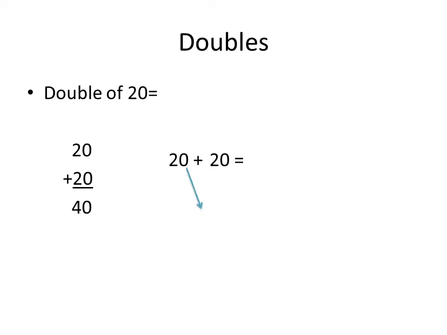Now we are going to add 0 plus 0. So 0 doesn't have a value. We know anywhere when we add 2 zeros, we get the answer also as 0, as 0 doesn't have a value. Then after that we add 2 and 2. You can take 2 fingers on one hand and another 2 fingers on your other hand. When you add this 2 and 2, you get your answer as 4. So now we have got the answer. Our answer is 40.